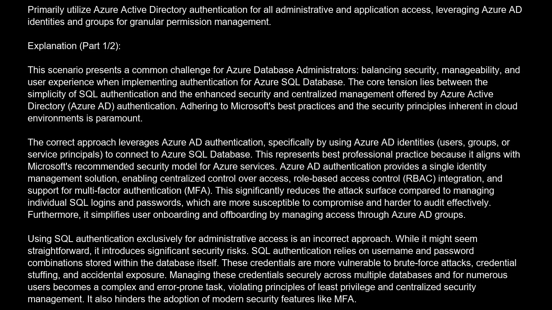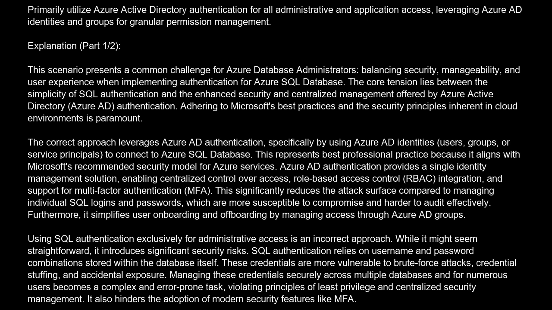The correct answer is D. Primarily utilize Azure Active Directory authentication for all administrative and application access, leveraging Azure AD identities and groups for granular permission management. Explanation. This scenario presents a common challenge for Azure database administrators, balancing security, manageability, and user experience when